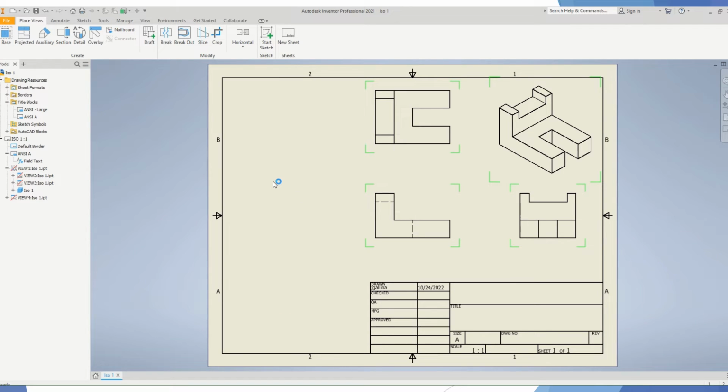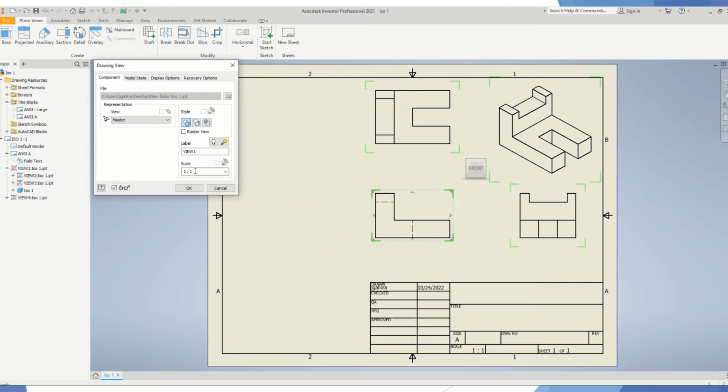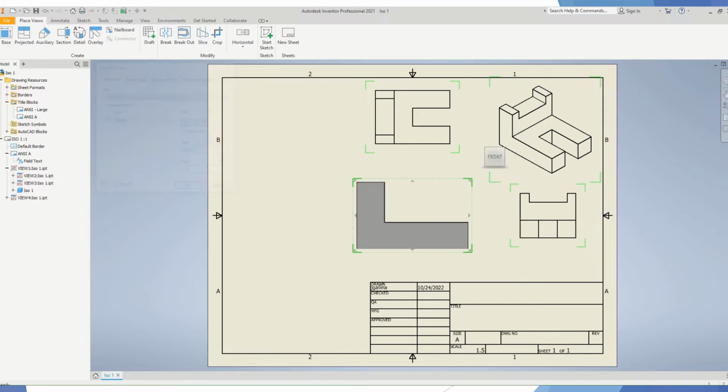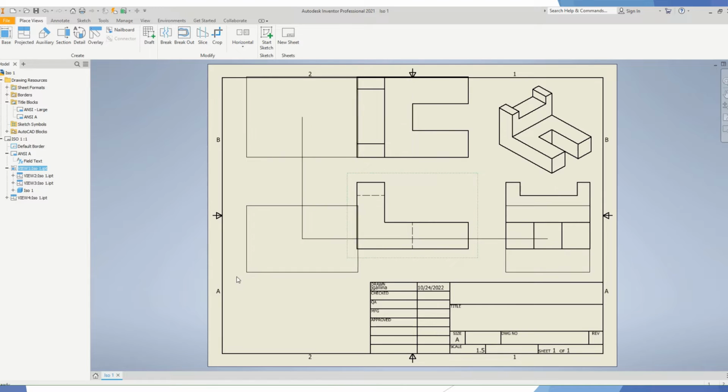We can make these bigger, we can make these smaller by scaling it, and I'll show you how to do that. So you hover over the drawing you want to scale, you right click, Edit View. And in this case, if you take note, the scale is 1:1. I'm just going to make that a little bigger. I'm going to make it 1.5. That should make it a little larger, and then it changes all of these. And then just by dragging,